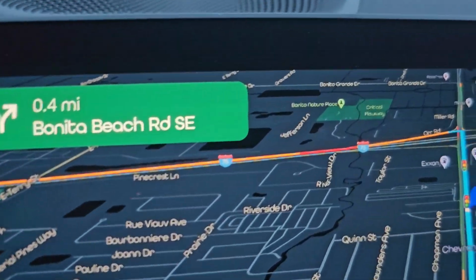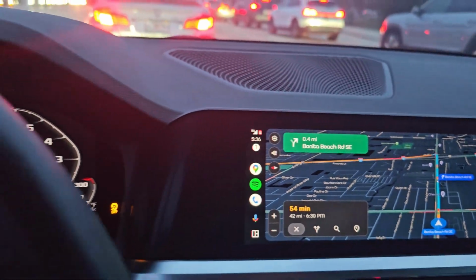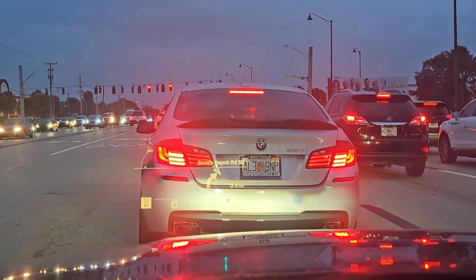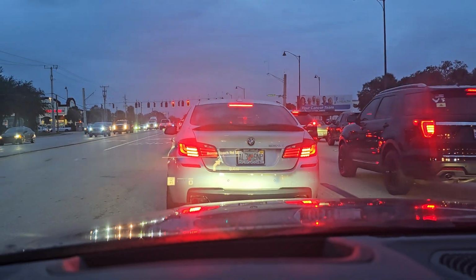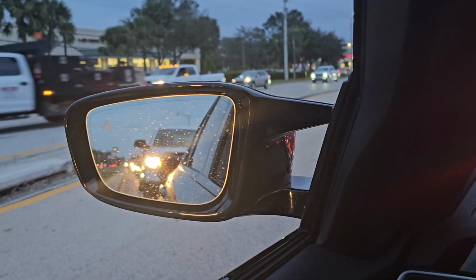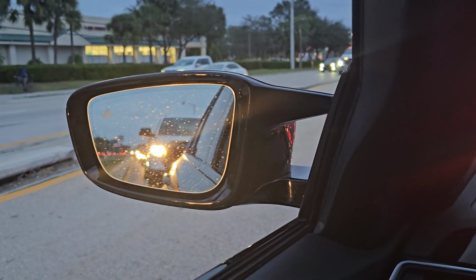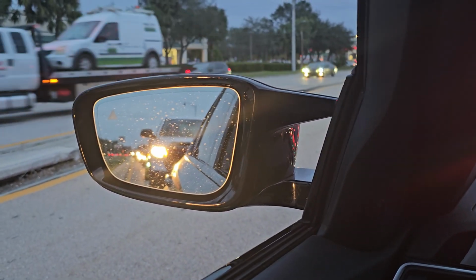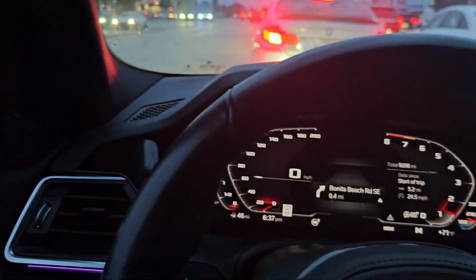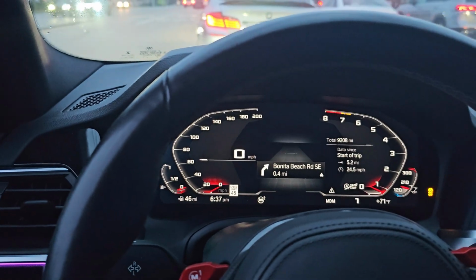So Aaliyah managed to get in front of us here, and it looks like we have a lot of traffic ahead of us and a pretty long trek home. 550's looking good. Give it a little rev. Probably a lot of road noise, but